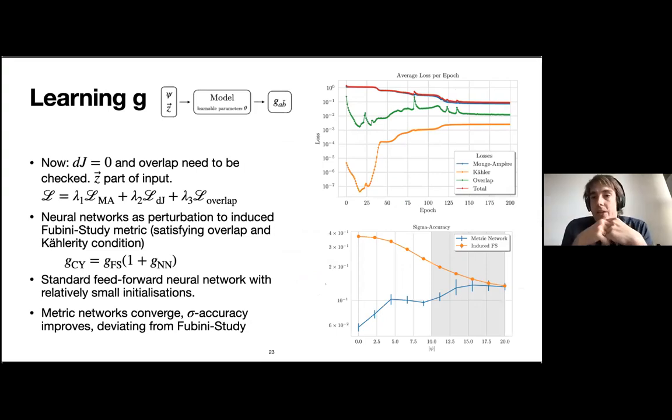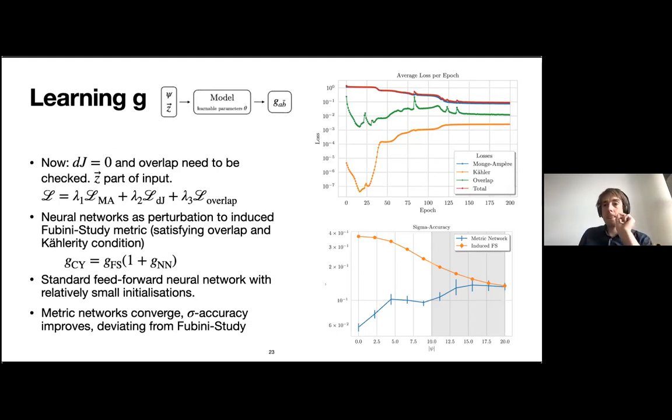Now, let me mention a couple of other examples. We can also learn G directly. So now we have to ensure additional losses. A key point here is that we use the neural network as outputs G. But if we do this directly, just output G without any kind of guidance, then the accuracies are nowhere near good, and we're not getting good results.